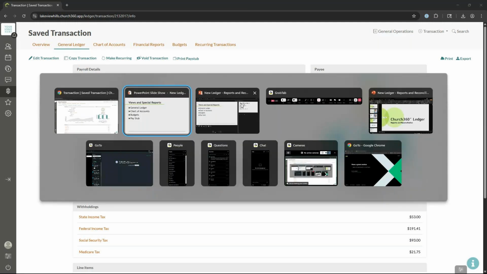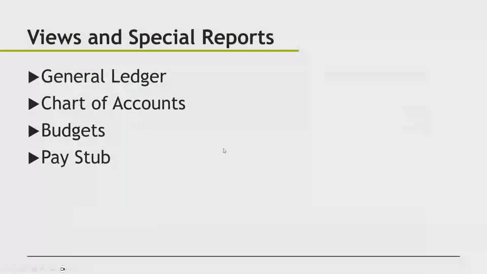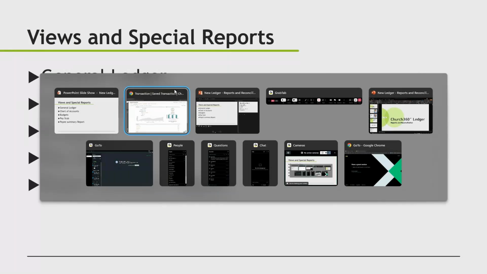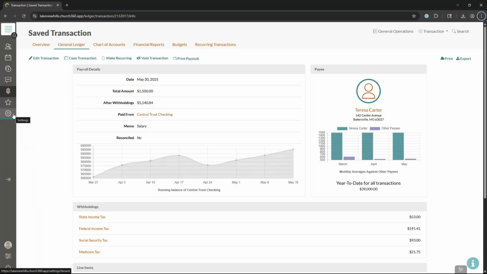Moving along, the next type of report we want to look at is our pay summary report. Now, for some of your employees, or well, not employee, but you may need to generate a 1099 for a payee. And this is going to help you do that. It's not necessarily a 1099 itself, but it's going to give you the information you would need to fill out a 1099 for them. So if I go back over to Ledger, and I'm going to click on the gear icon,